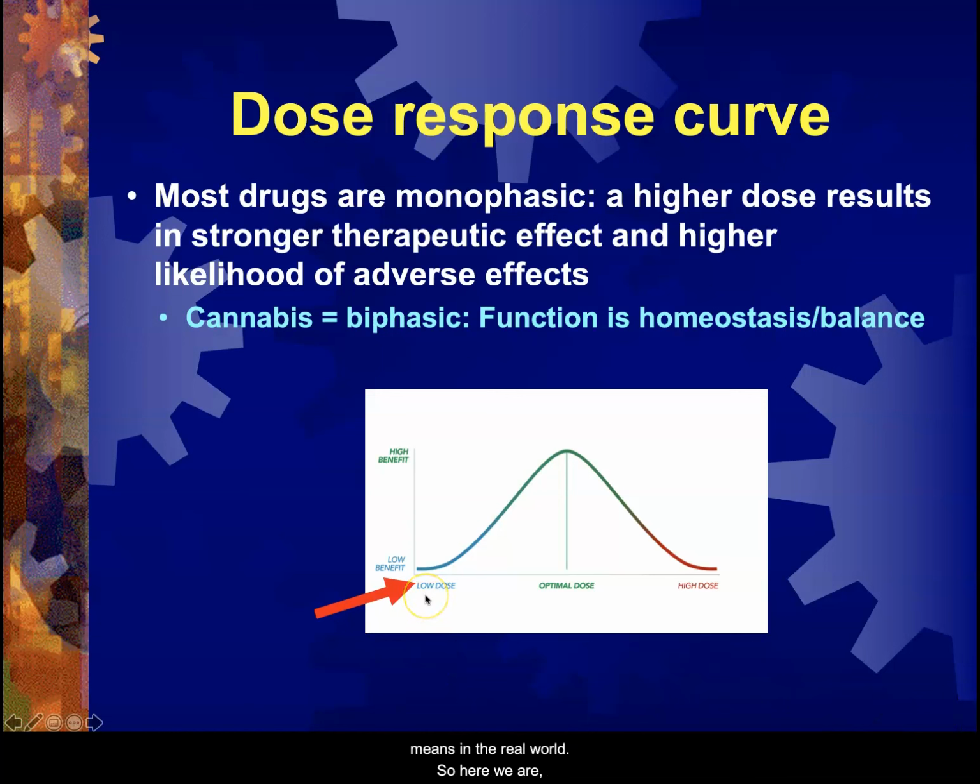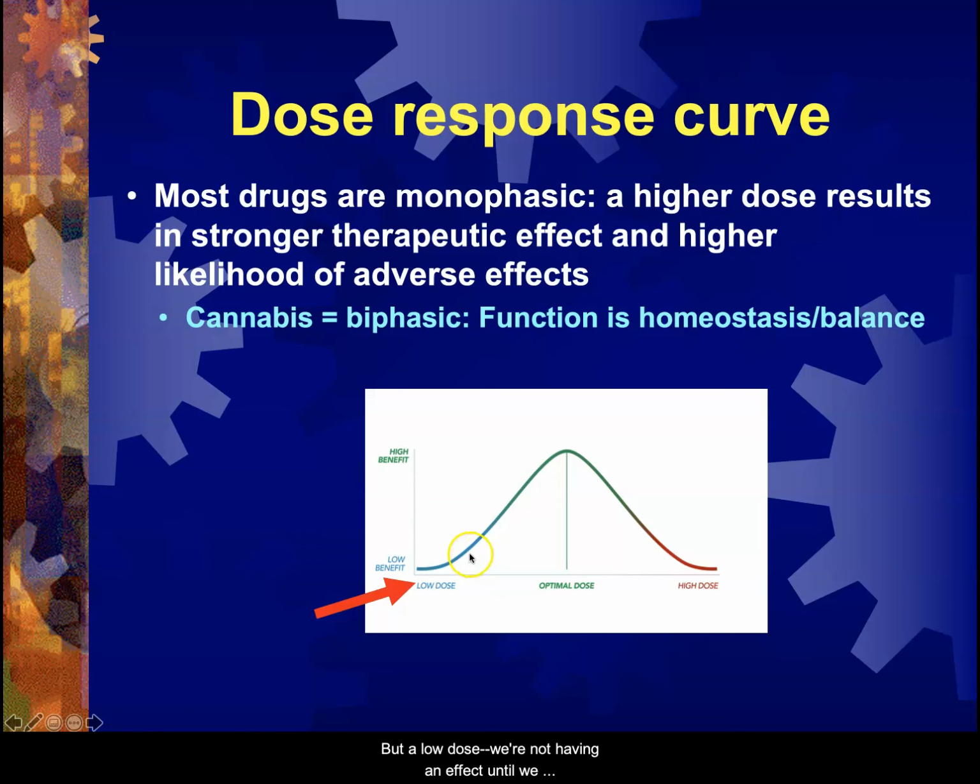So here we are, we take a low dose of cannabis, and here is our benefit or our effect. It doesn't have to be effect, we'll just look at it as benefit. Low dose might not have that much effect or might not have that much benefit. And the first time many people use cannabis, they often don't get high a lot of the times. Early use can, by itself, increase production in your endocannabinoid system. That may be one reason why we think people don't get high the first time. So it's kind of like you have to trigger it, you have to entrain it to work. But a low dose, okay, we're not having an effect, we're not having an effect.